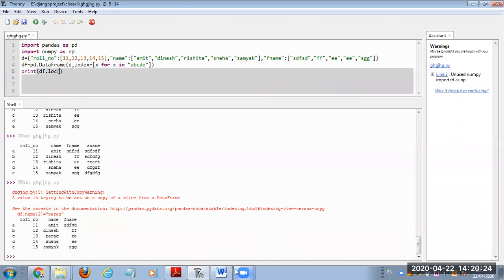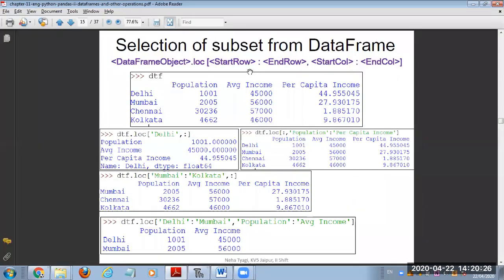Now one thing I want to make very clear: here the start row and end row, start column and end column. The loc function is used when we are mentioning the exact names of the rows, exact names of the columns, exact values of those columns and rows.